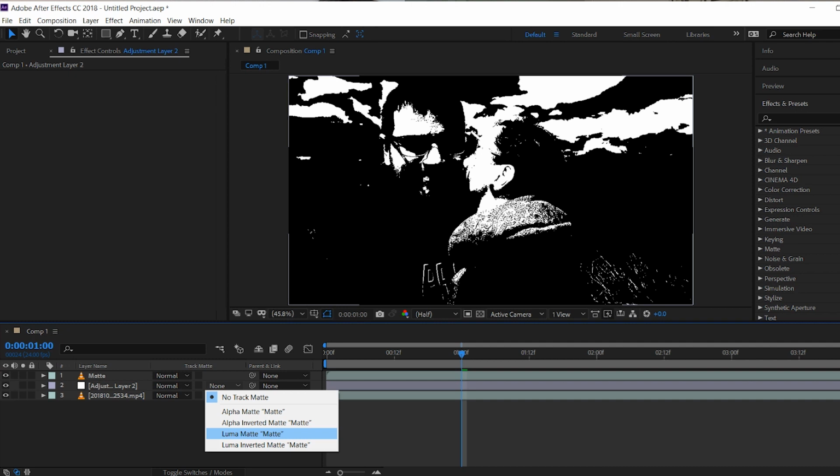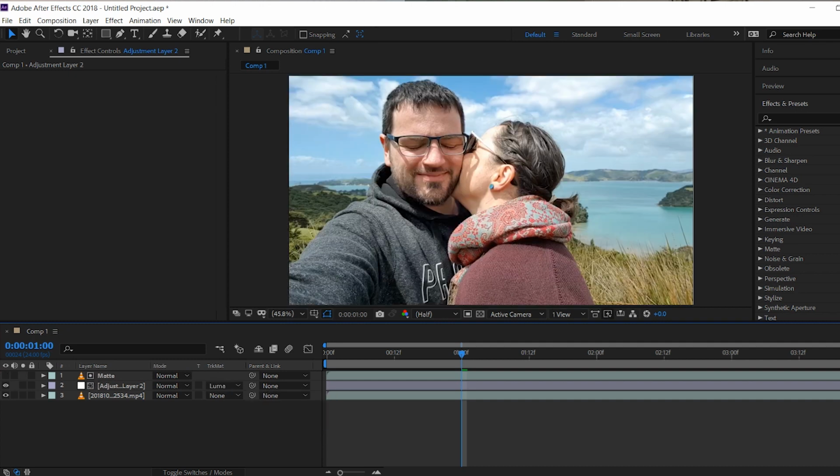That's the name of the file that we're going to be using. So you can see now that matte, the video file, has been switched off, and the adjustment layer is now pulling information from that, going, okay, so Shane, when you're applying effects to me, I'm only going to be showing them in the areas of the matte that are white,